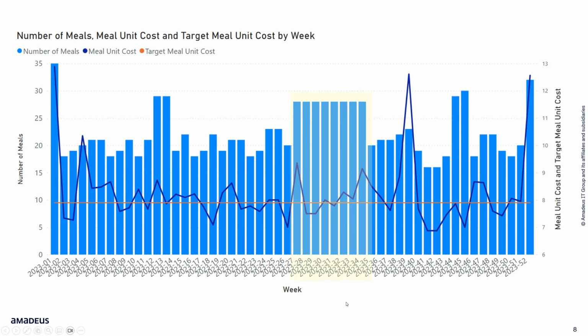During holiday weeks, I buy more meals, so it's expected that the cost of the supermarket goes higher, still I should stick to my target unit cost. During Christmas, I buy luxury food. Thus, an increase of the unit cost of meal is expected and accepted as it appears in the week 01 and 52 in this visual.